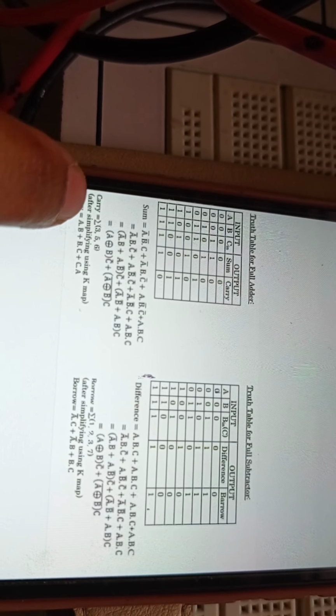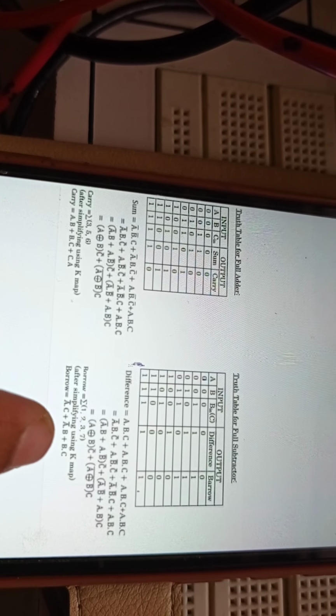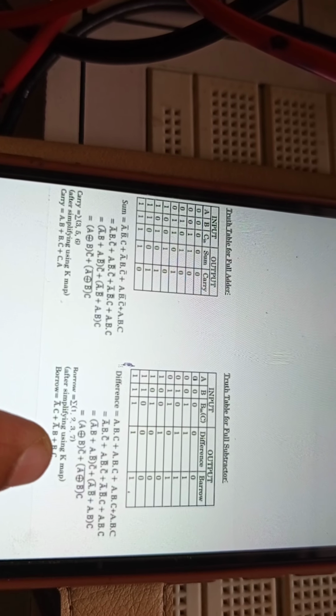But when you come to borrow in the full subtractor, A bar C, A is changing to A bar, as well as CA, that is A bar B. Wherever A is there, it is changing to A bar, and BC is constant.